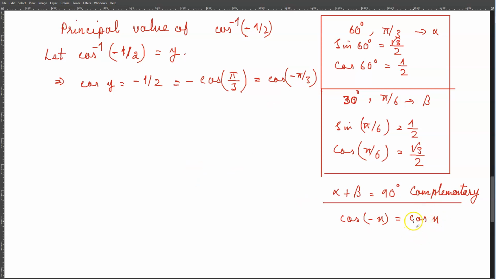So when cos of x is equal to cos of negative x,